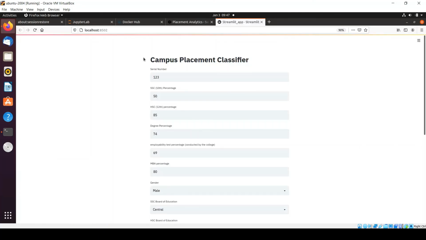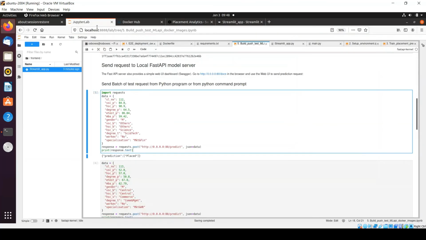Third approach, using the Streamlit application, right? Which we have built with the help of Streamlit framework. Right, so that's the three different ways we can use for testing your machine learning API, and whatever way is convenient for you, use it appropriately.